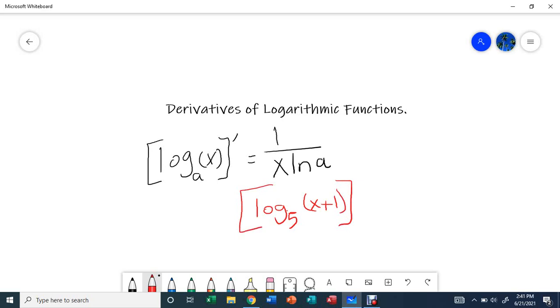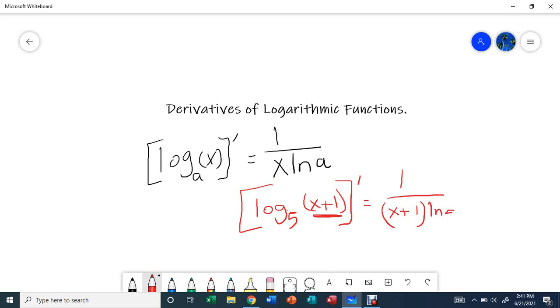So the base here is 5. So it's going to be 1 over whatever is in here, so x plus 1, times natural log